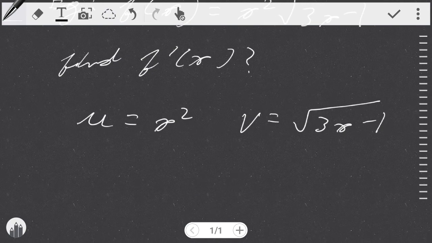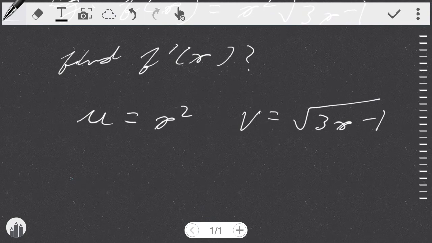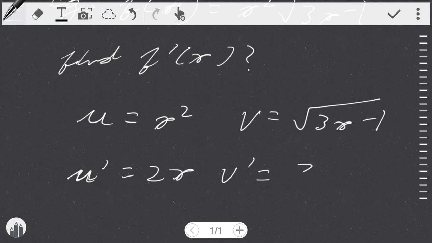Now to find u dash and v dash, in u's case you can use the power rule or the chain rule, but personally I think the chain rule would be a bit of an overkill. Using the power rule you get 2x for u dash, and for v dash you simply get 3 over 2